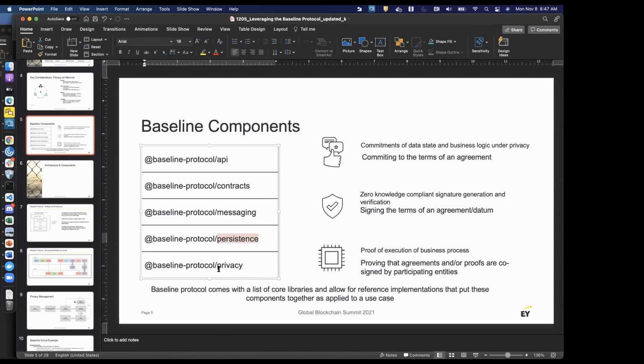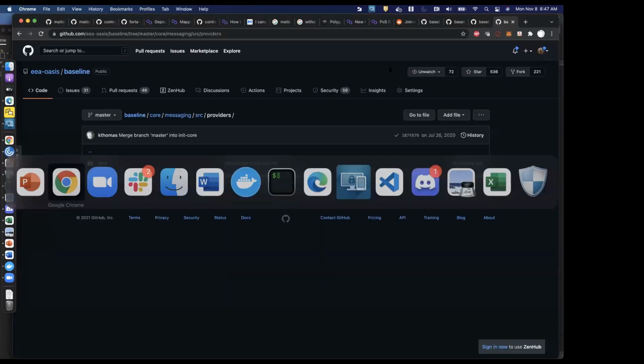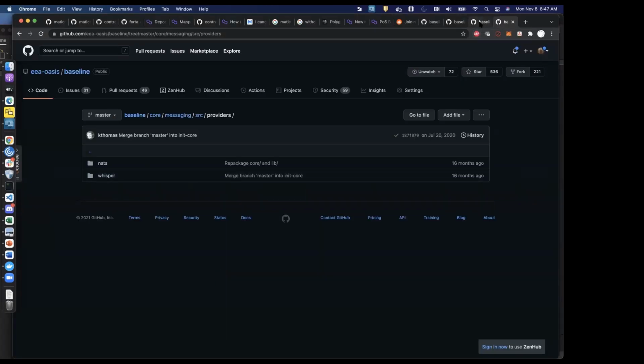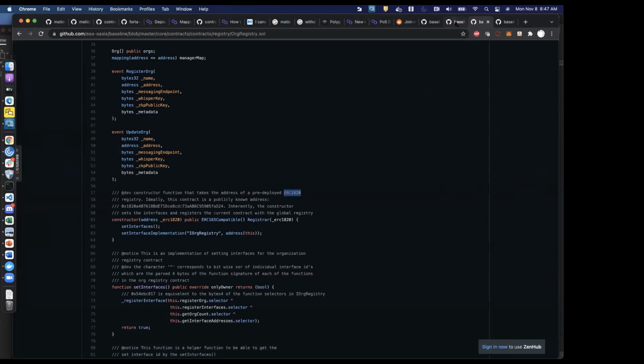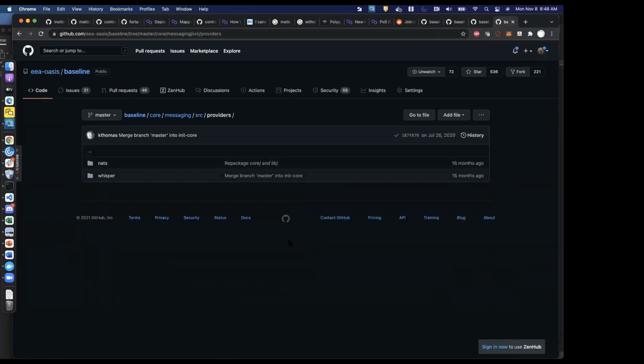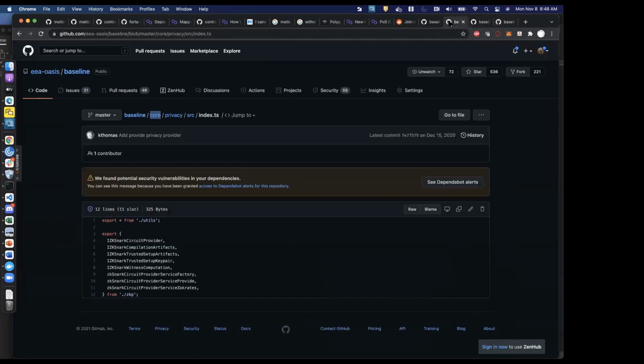So to start off, I'll just show you quickly the interface, and then I'll go into some more detail of how we use zero knowledge proofs for securing messages or hiding private information. So, as you've seen, in general, the way the core of the baseline is structured is